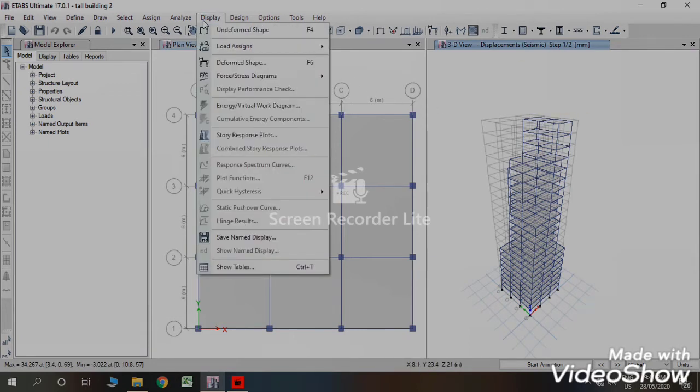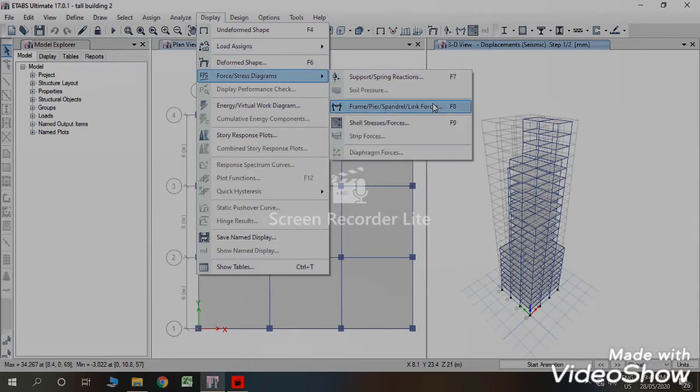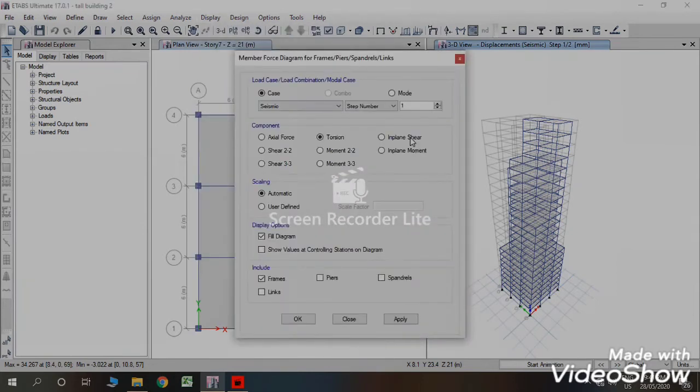We can also see bending moment and shear force as we have seen earlier.